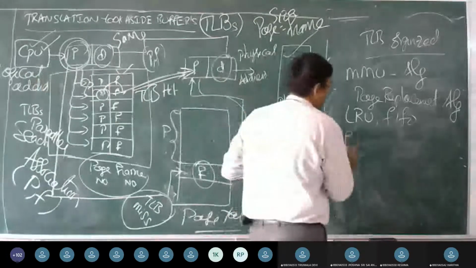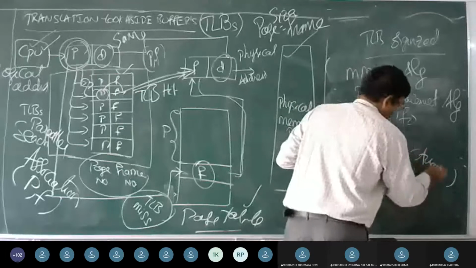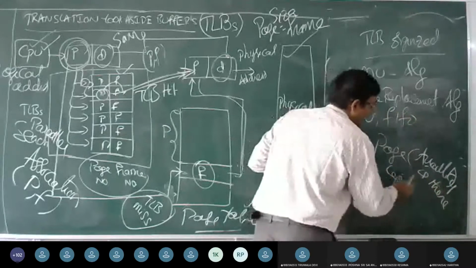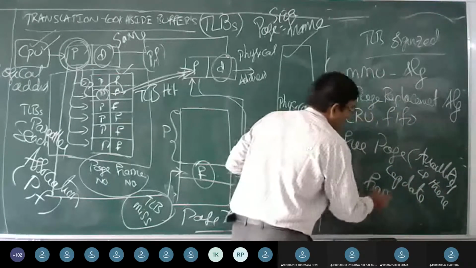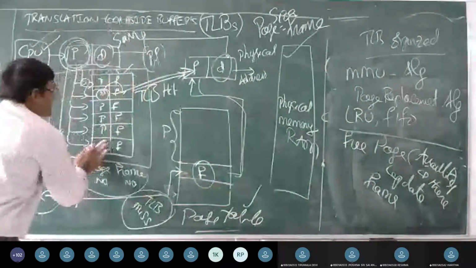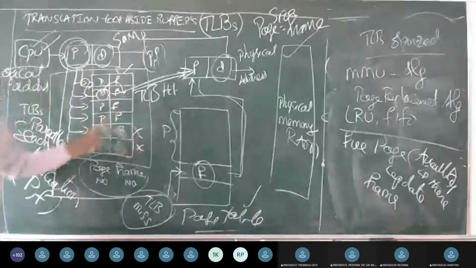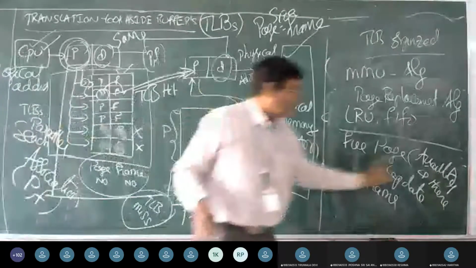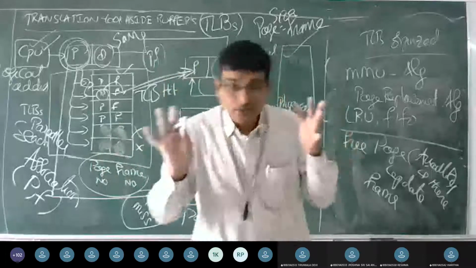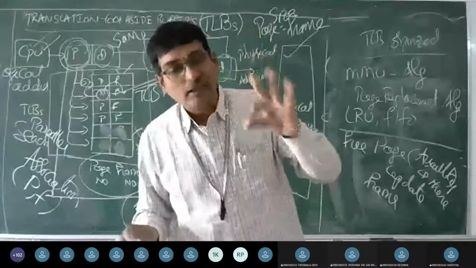So if there is a free page, that means availability is there, then update the frame. How do I say availability is there? Assume the cells are empty. I am going to have only 4 items, and 2 of these items are going to be free. At that stage, I say there is availability, and now I can put the new things into the TLB because the TLB is free. What to do if the TLB is full?